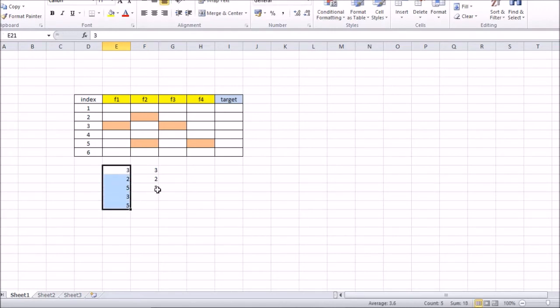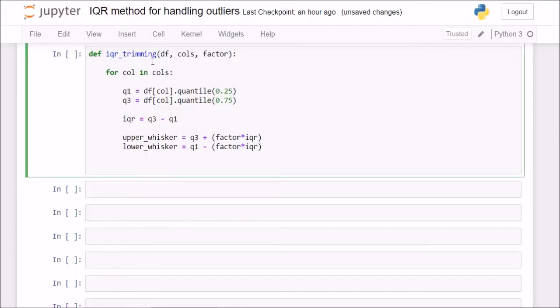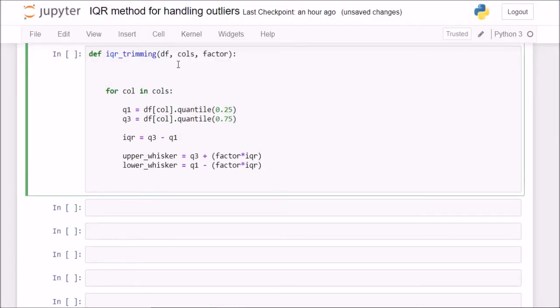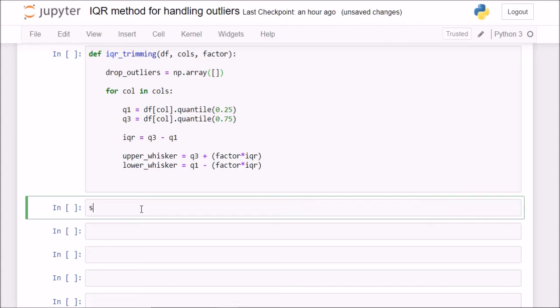Okay, so once I do that, I now have the 3 rows which have outlier points. So I'll just drop all of these rows, and now I'll be left with only the other 1, 4 and 6 rows which do not have any outliers. So my first step is to first create an empty array. Okay, so once I have this, now I'll just show you an example for a particular column.